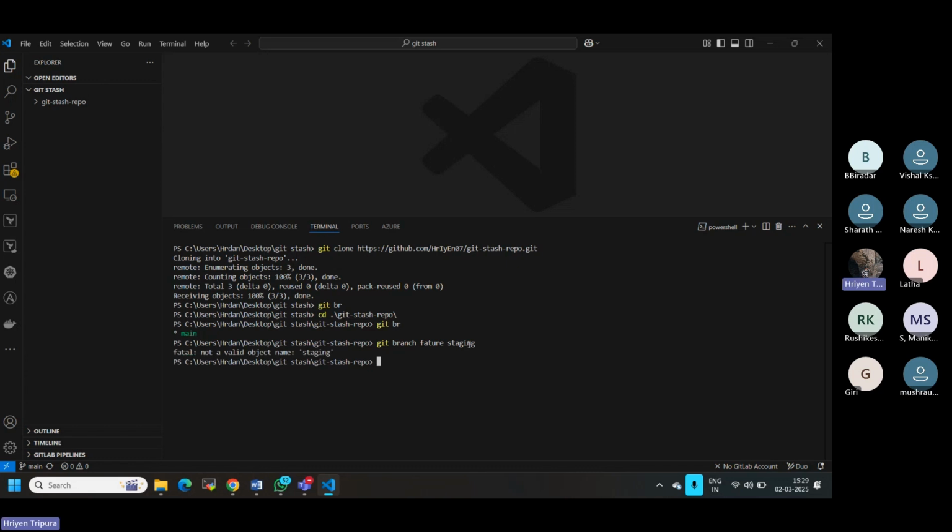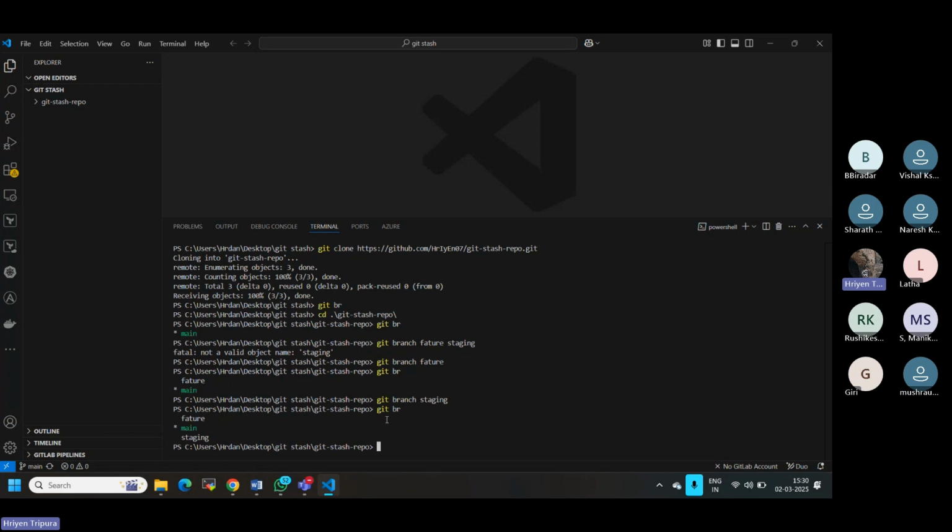Okay, 1 minute. I think maybe it doesn't allow. Staging maybe not allowing. Okay, maybe let me create one then, otherwise it should be allowing sometimes. Anyway, if I check here, I have one feature. Now let me, okay, I think 2 is okay. Let me create one more to call as staging. Okay, now I can see I have 3 branches total, but now let's say I'm working